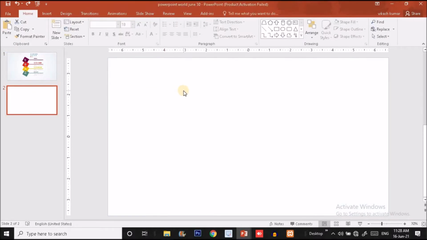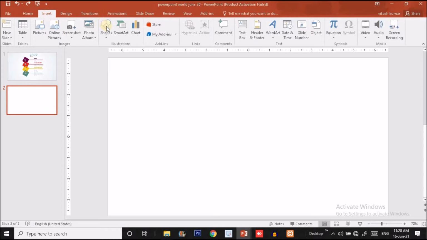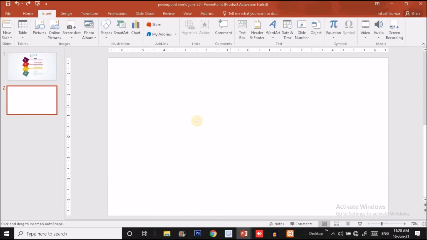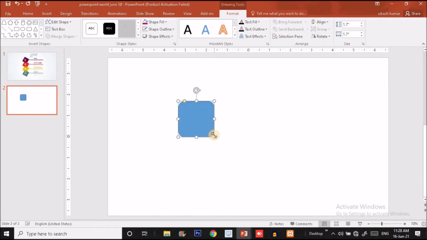So come back to the new slide, click on the insert option. Here you will click on shape and choose the rounded rectangle option. Just hold Ctrl and Shift together and drag it outward to make a shape like this. After this, you will get a yellow dot over here. So you have to slide it to the left so that we can make the corner sharper. So I'm sliding it this much. Okay, this much is enough.